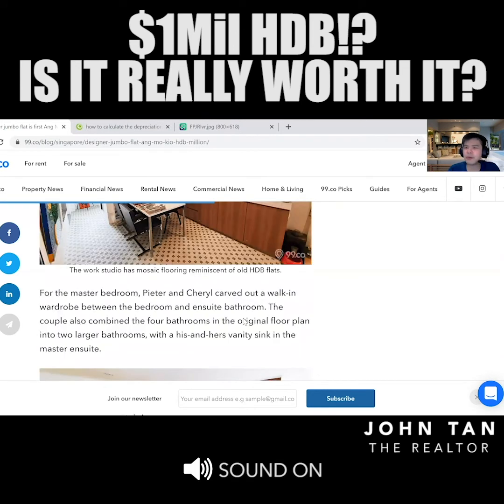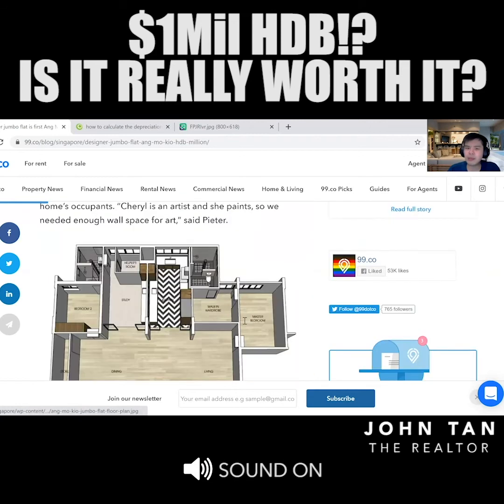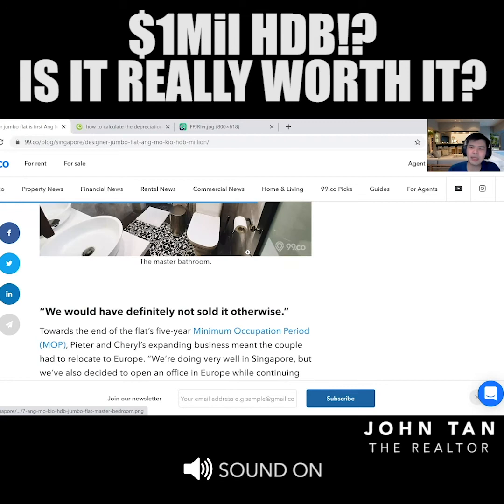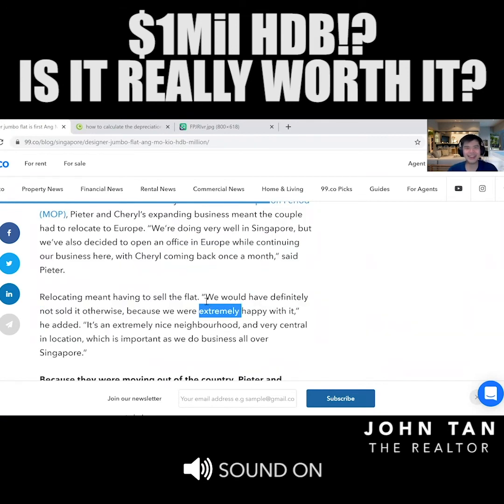But I read some on some other websites. They say it's a young couple. This young couple also 舍得花, you know. If it's a young couple, I will be really worried lah, because not very financially savvy lah, in my opinion. I mean, if you have the earning and you have the savings, you have the money, it's okay. But I would rather that you put the money into better use,